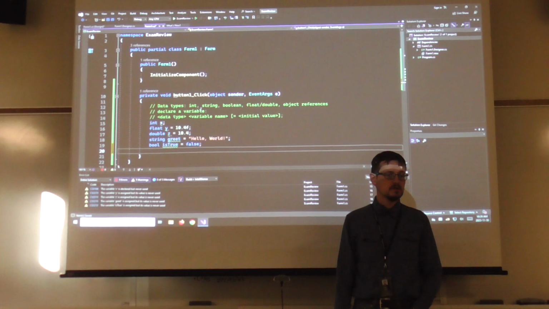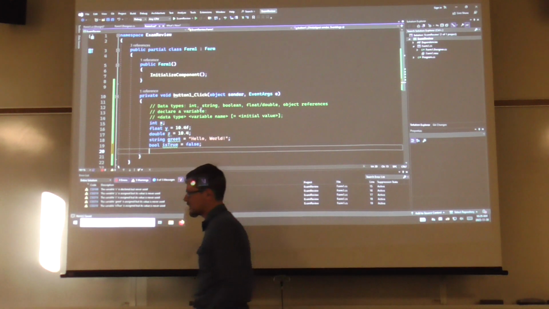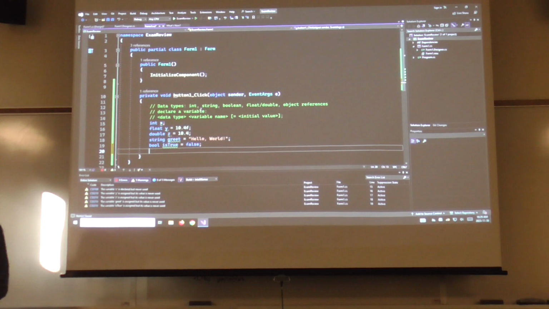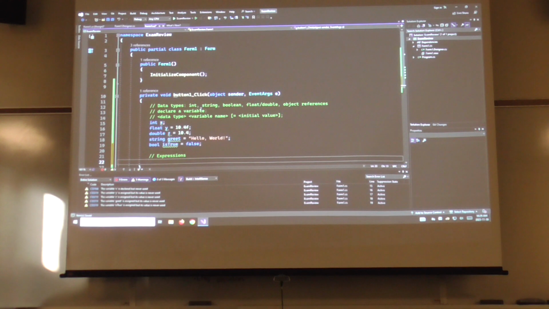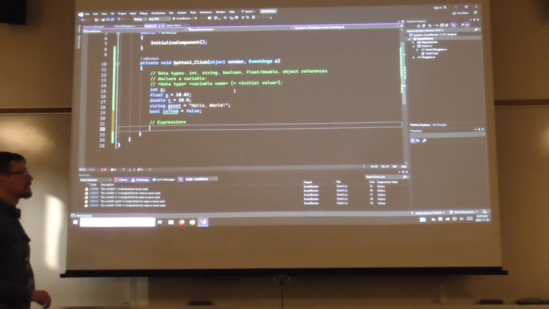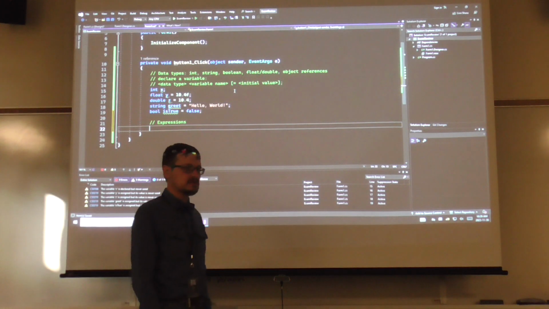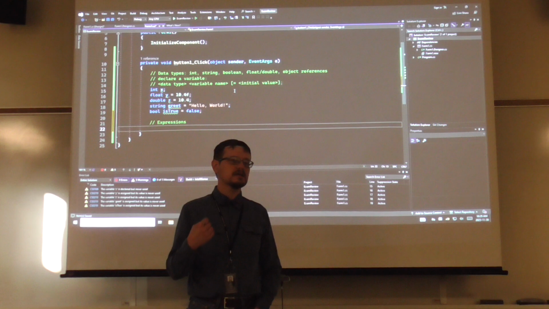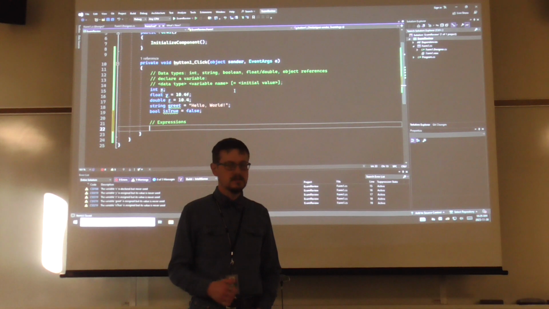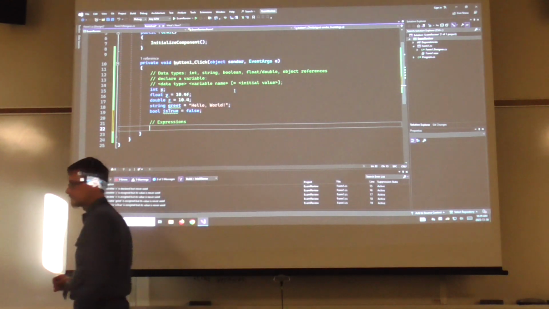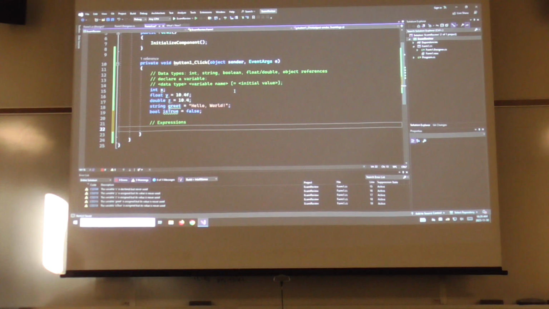So, from here, this is declaration, of course. From here, we get to expressions. So the assignment statement reassigns the value stored in a variable. It always overwrites the existing contents. So if I were to say x is equal to 5 plus 9,